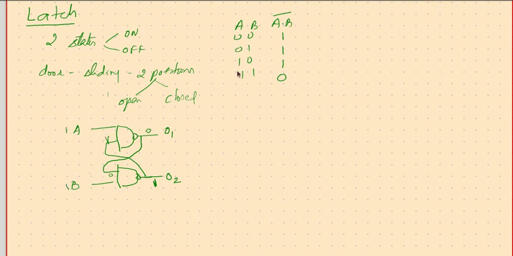then 1 1 will make a 0, and 1 0 will make a 1. So this 1 1 will make a 0, this 1 0 will make a 1, this 1 comes back here as a 1, that makes this a 0 here, the 0 comes back here, and this 0 ensures this to be 1, and this is in this state as long as you don't disturb it. As long as these two are 1 1, this is going to be in this state.